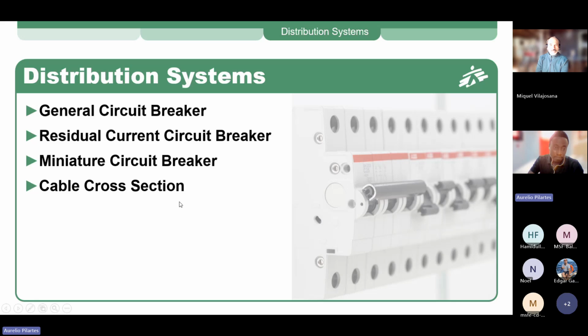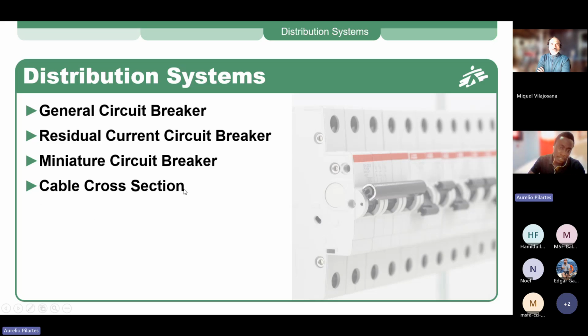And then when we talk about cable cross-section, it's not a specific device, but it's to remind you that when we are sizing and making an installation, we should pay attention to the cross-section of your cables, because this is something very important in the protection of your installation as well. So the bigger your cross-section, the more current it can handle. The smaller the cross-section, the less current it can handle. So this is why the cross-section should be in direct relation with the circuit you want to feed and the amount of power you intend to feed in this circuit.